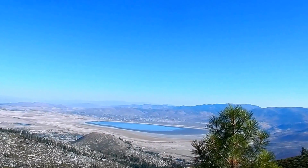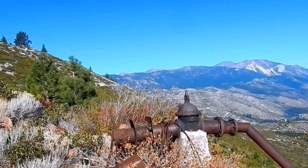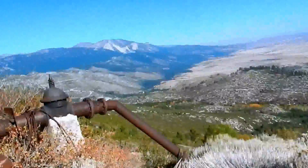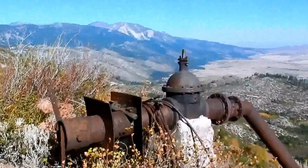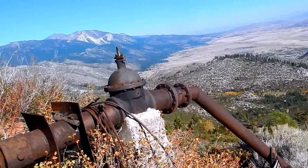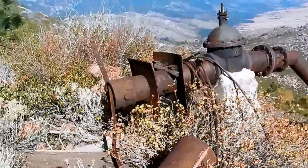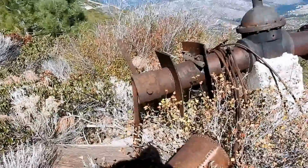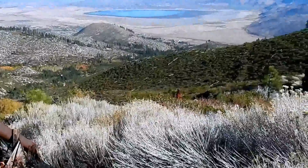Okay, you got that history down. But what you're looking at here is the old pipeline. These pipelines, at one time, before this new system here was created with solar panels, you have the old wall and piping and old stone blocks, and this iron that you see was part of a piping system. You can see it ran all the way down the mountain. And this piping you see, now it's all rusted and it's deplorable, but at one time, the water was flowing fluently through these pipes to Virginia City, to Carson City,